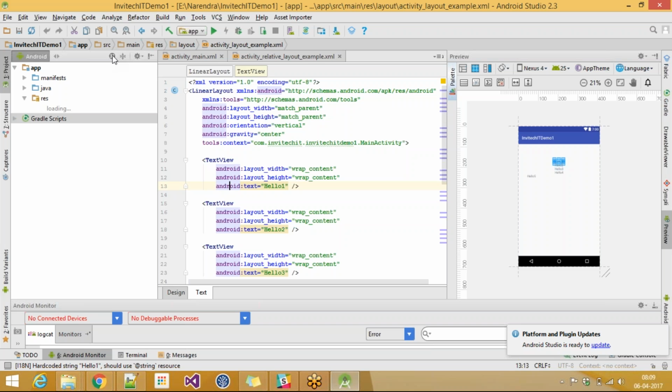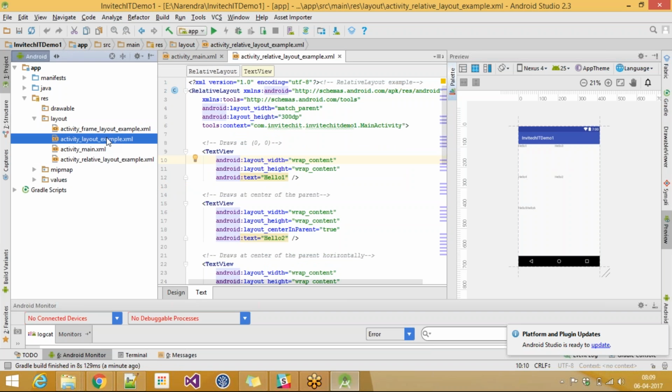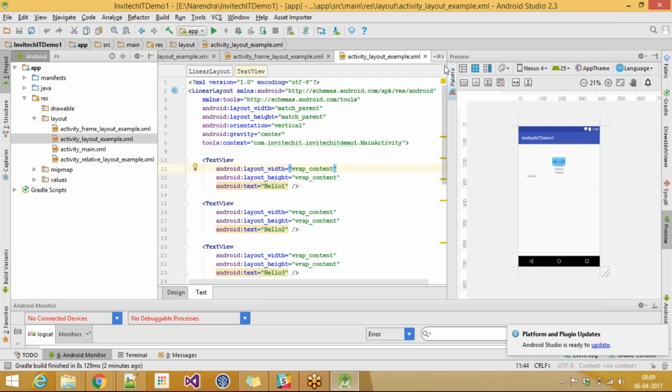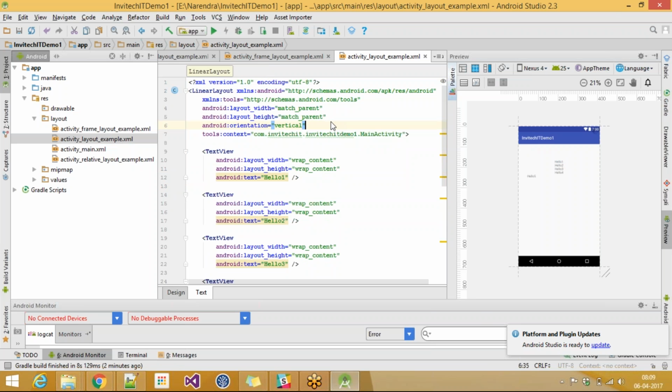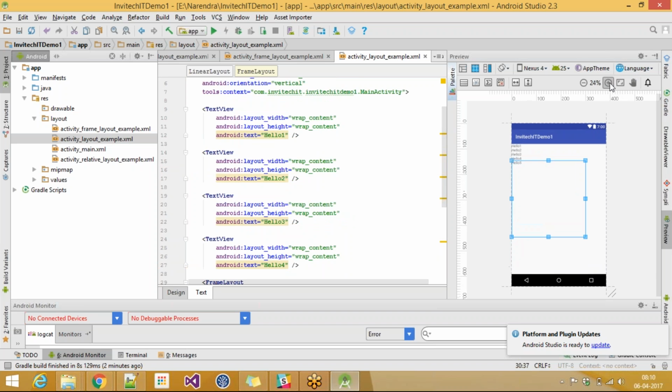సో వేర్ వాస్ ద ఫైల్? ఓకే, సో ఇది మన ఫైల్. సో ఈ గ్రావిటీ సెంటర్ అని తీసేస్తున్నాను. హైట్ విత్ ఇవి, ప్రస్తుతానికి 300 ఉందని. సో ఇందాక చెప్పిన ఎగ్జాంపుల్లో